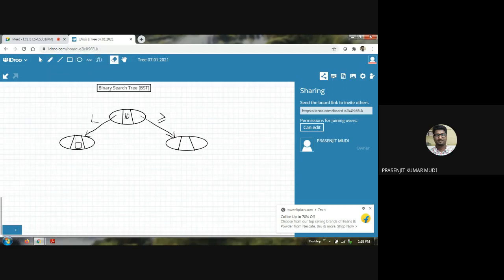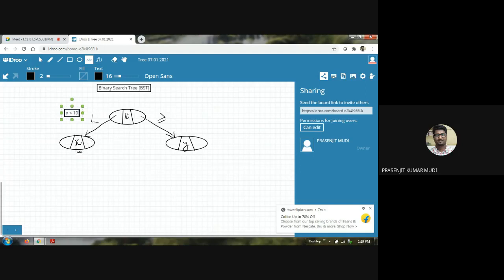Suppose this value is denoted by some x, and this value is denoted by some variable y. So the policy here is x should be less than the root. Root means 10. I cannot place any node with any real value.